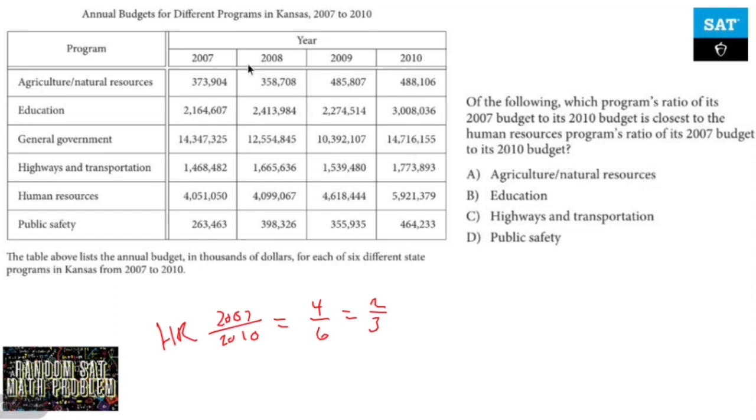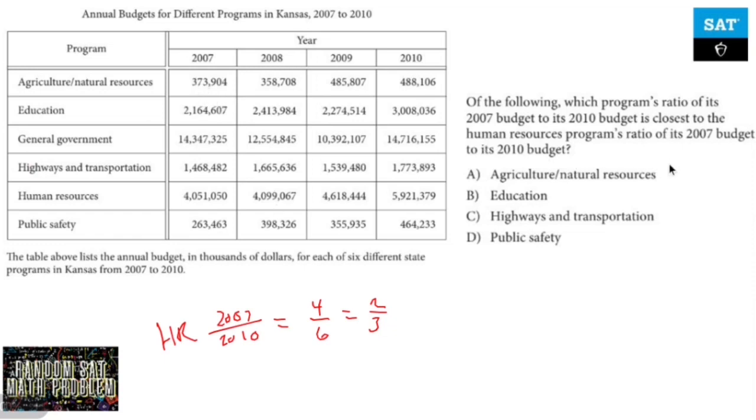So agriculture to natural resources, I'm doing 07 to 010, so I can probably get away with doing, oh man, let's just do it. Let's see what we could do in our heads